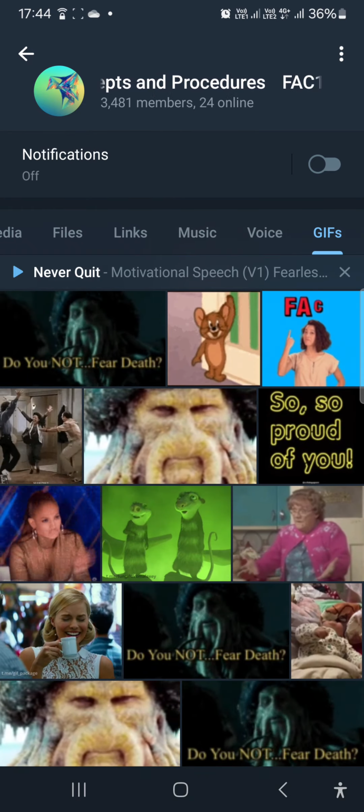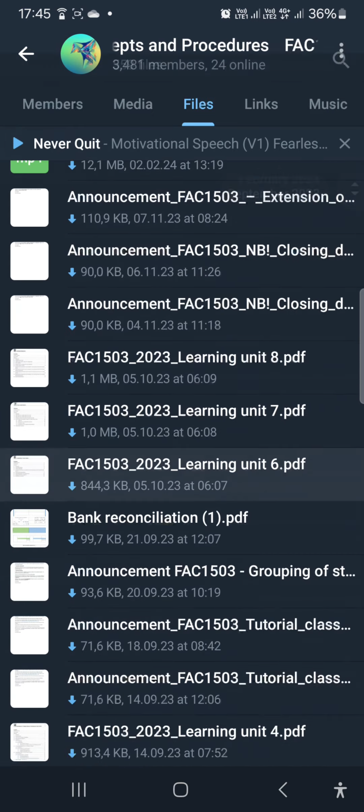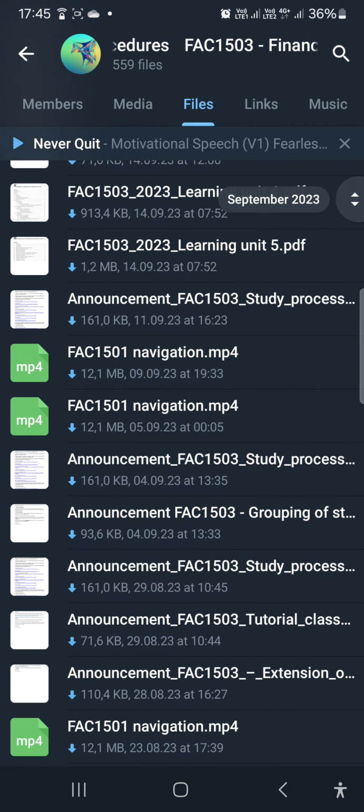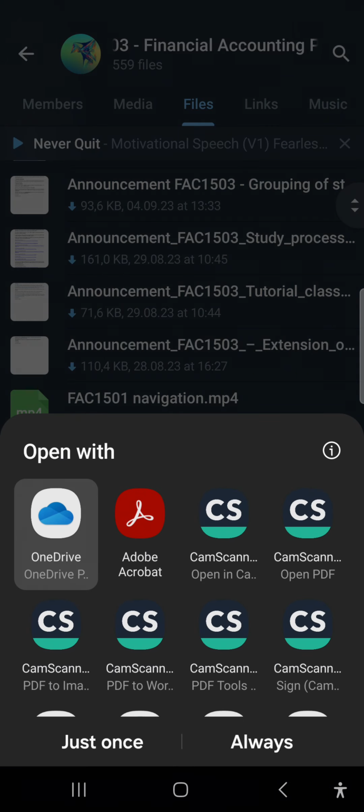So now we're going to go back to the files. The most interesting thing about these files is that almost every piece of information relevant to your studies, let's say financial accounting principles and concepts, you have to download study guides. We just scroll down and search for study guides. Here we go, we have study guides. We tap into the study guides. It's going to download, but when you double tap again, which means tap a second time, now it's going to show you